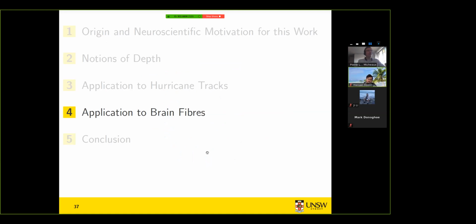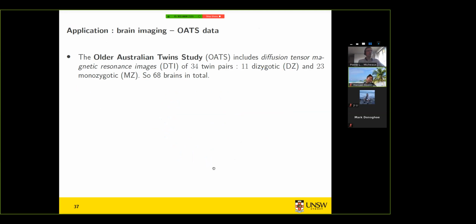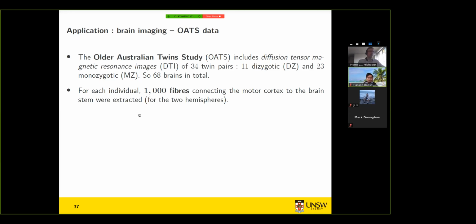Now, let's get back to the application to the brain fibers, the original motivation for this work. So remember, we have this older Australian twins study that includes DTI data, so diffusion tensor magnetic resonance images. We consider here 34 pairs of twins, so 68 twins. Among these twins, we have the DZ twins, so the non-identical twins, and 23 MZ, so the identical twins. And for each one of these twins, we extracted 1,000 fibers connecting the motor cortex to the brainstem for the